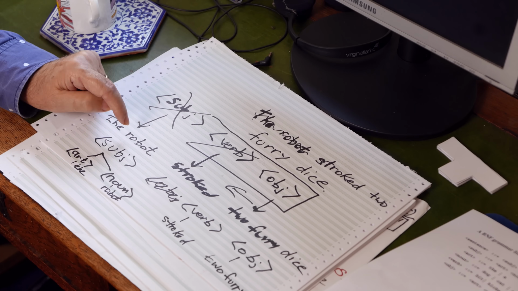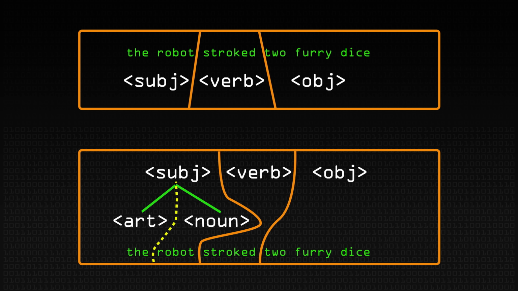We have got a sentence that makes perfect sense to us: the robot stroked the fairy dice. But you've drawn two slightly different trees. First time you took the shortcut, subject phrase, just for the robot. Next time you said, oh, but we could also do it by breaking it down further into a "the" and a "robot". Does that matter? In this particular case, in informal spoken English, no, it doesn't. If people understand you, the fact that your grammar is technically called ambiguous.